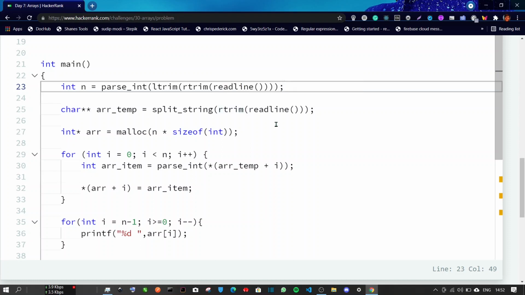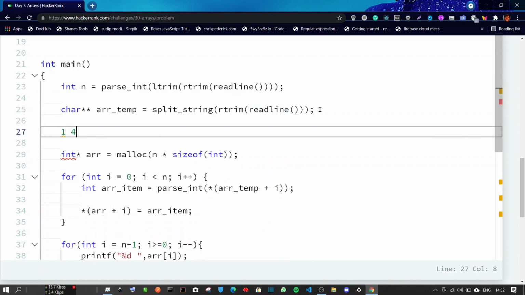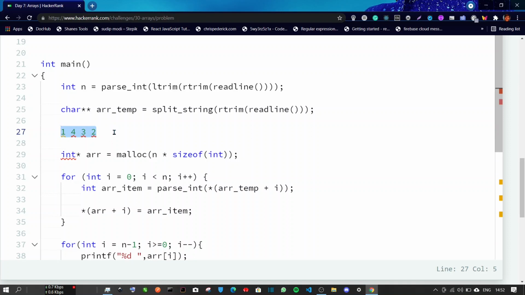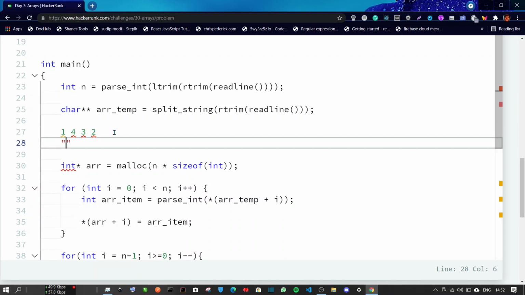So let's say this second line has 4 inputs, 1, 4, 3 and 2, separated by spaces, obviously. The readLine function will take all this as a single input because it is contained in one line, and it will convert this into a string because the readLine function takes that as a string.